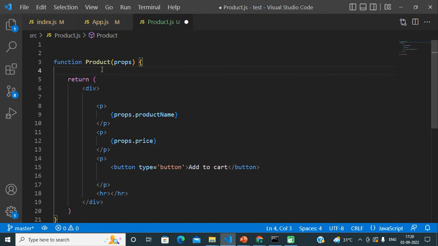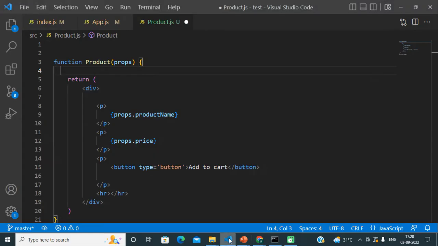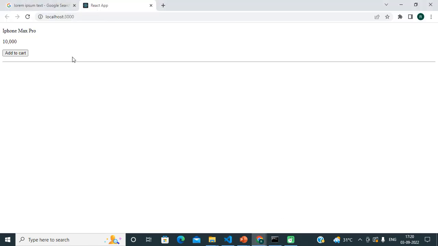Now if I have some new requirement in my application, so let me save my file. This is actually our normal product, let's say an e-commerce application. Currently here we can see data which is coming from outside, product name and price, and we can display it.